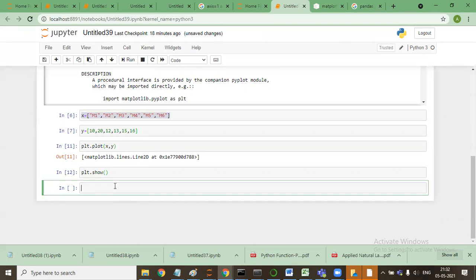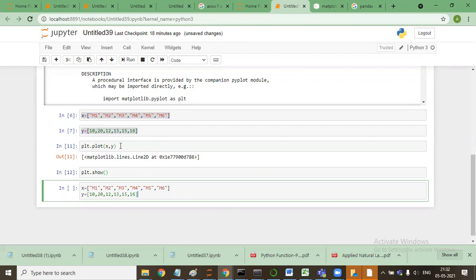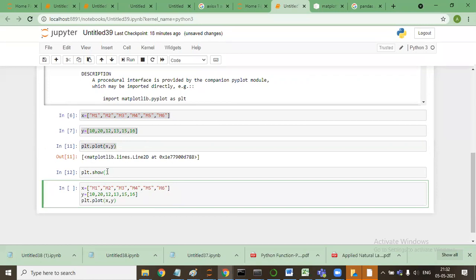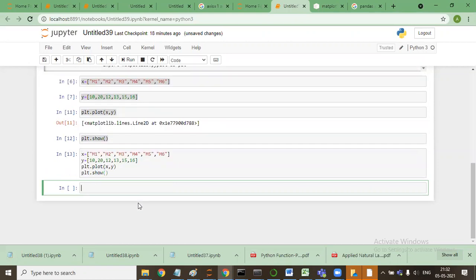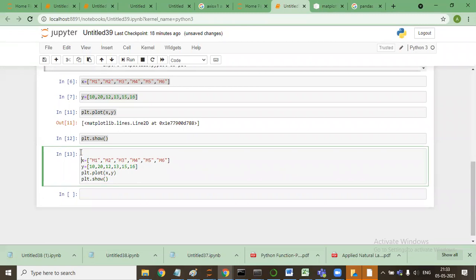Normally this is basically a consolidated kind of thing that we need to make. X, y, 1 2 3 4 5 6, x y, plt dot plot x comma y, plt dot show. Why is it not coming? Just give me a second.